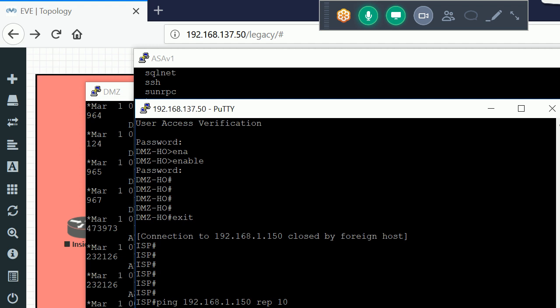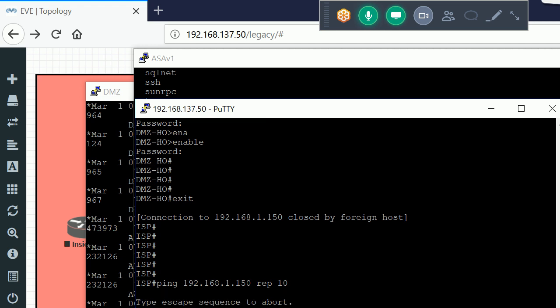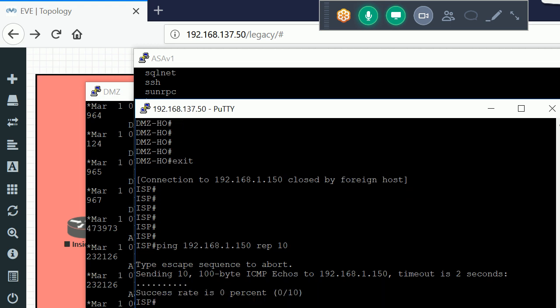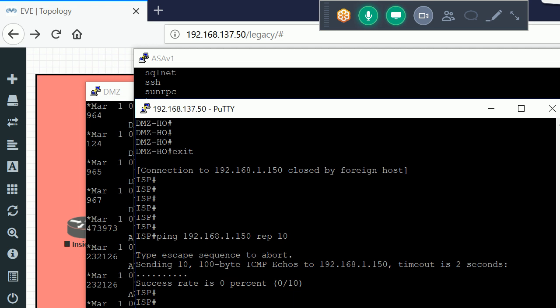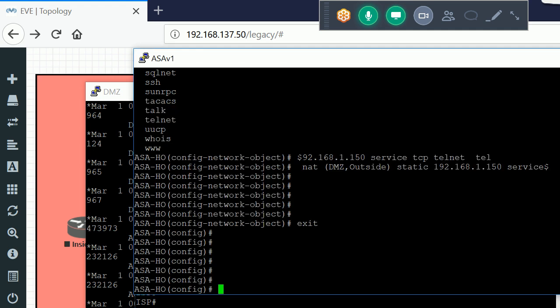Okay, and let me also run this command, telnet on port number 80. It will also not work. So how can I configure something else so it starts working?